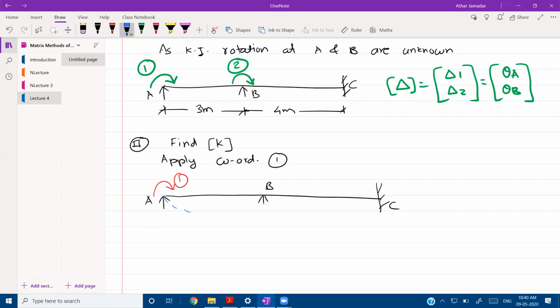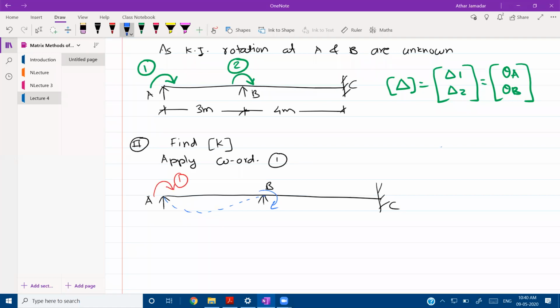That means the deflected shape of AB will be like this, and now here it will be coordinate number 2. Now please see that at one location a clockwise moment is produced, so at another location also a clockwise moment should be produced. And here remember, in case of only rotations, there will not be any development of forces. Why? Because there is a presence of RA and RB, which will not allow the presence of any force coordinate.